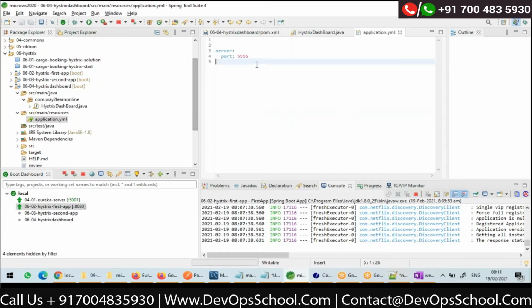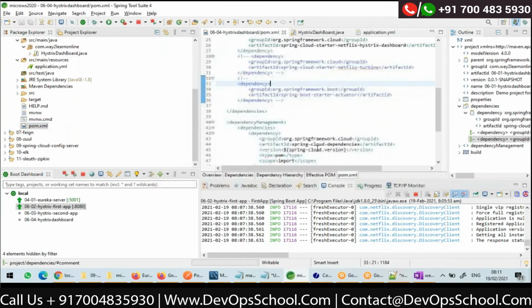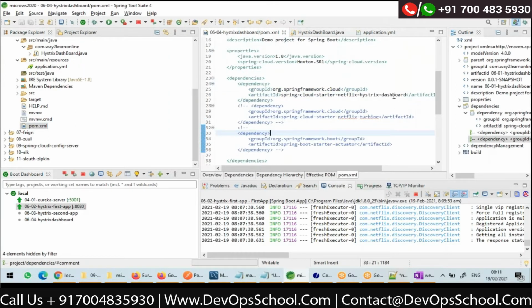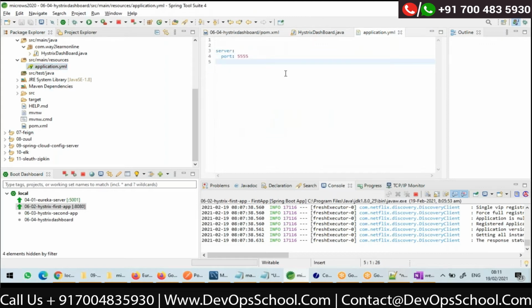Now, the server port I gave is 5555. What all did I do right now? In my pom.xml, I added only Hystrix dashboard as a dependency. Step 2 is I enabled Hystrix dashboard. And in step 3, I gave the port 5555. That's all.